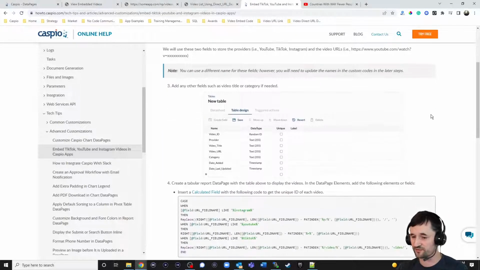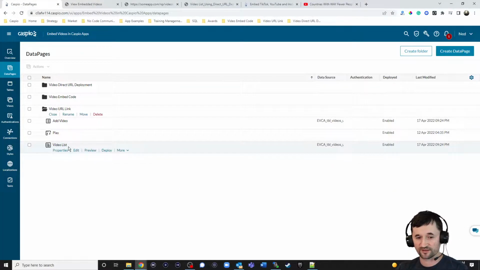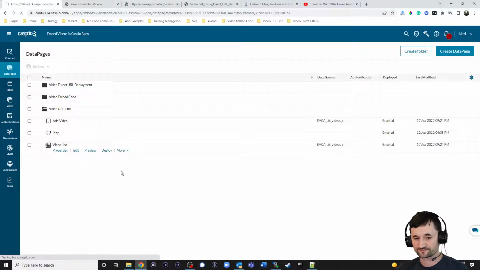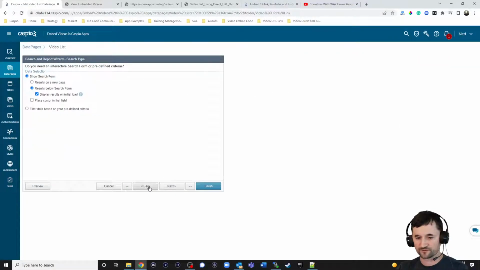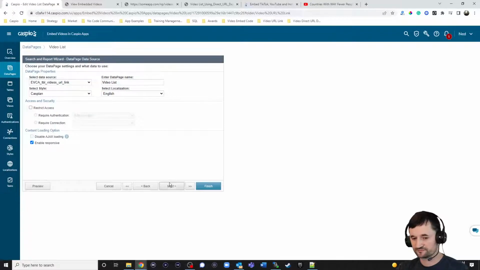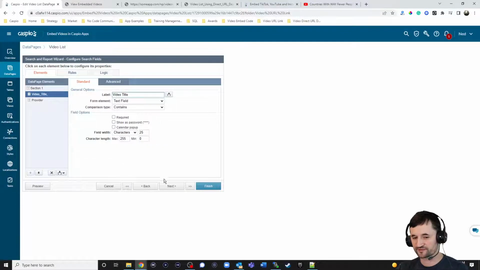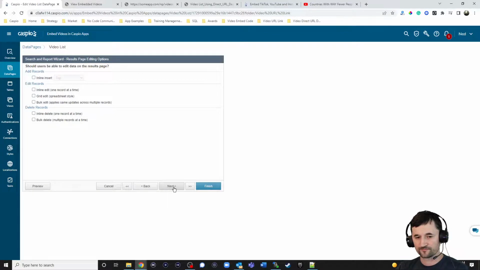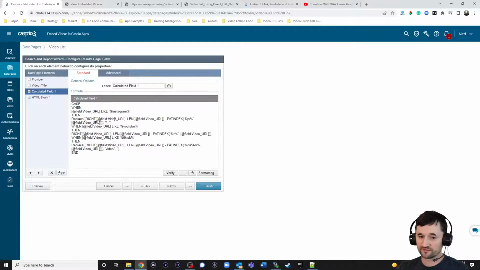So let me just go through this very quickly. So we have inside that report data page. So let's come back here and let's edit the video list. Okay, tabular. So it's linking back to my table. Once again, for this one, I decided to have a search interface, just a couple of search fields. And then on the results page, I have a calculated field and the SQL,